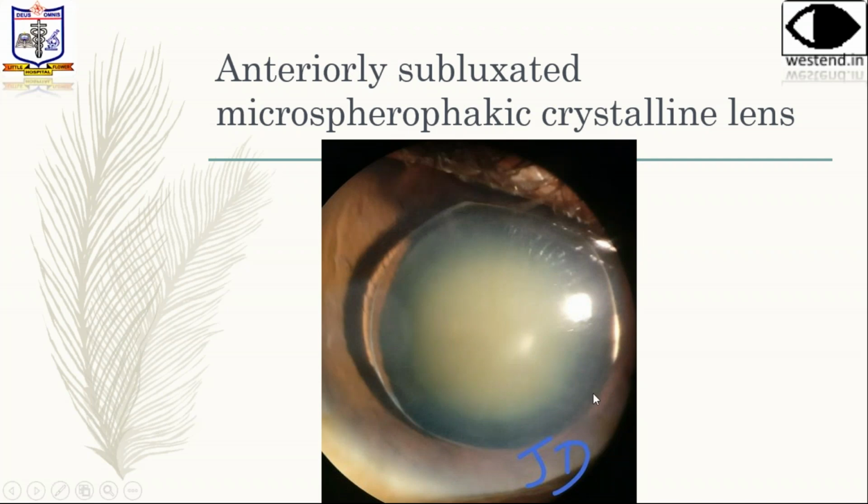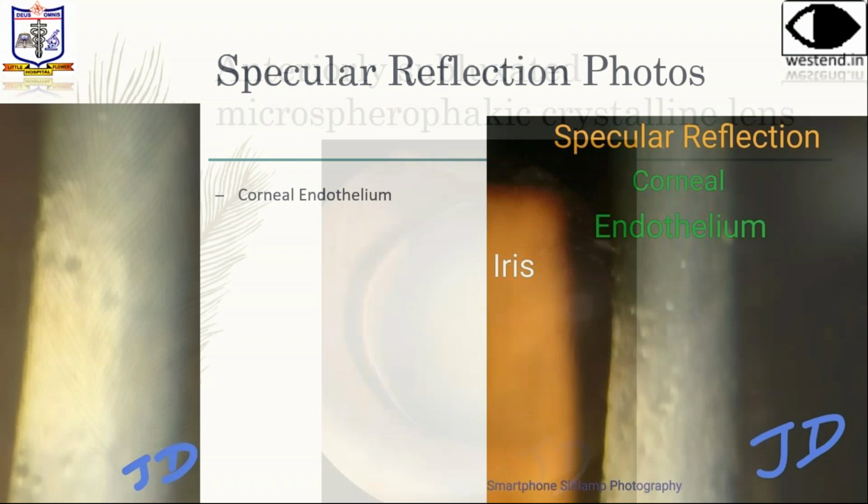This is a microspherophakia where the lens has been anterior subluxated, and these photographs are also difficult to take properly. You need to change the illumination such that you are able to show the lens being anterior displaced, so that you can identify that this is a lens and not an oil globule. You should be able to pick out all the features of the image.